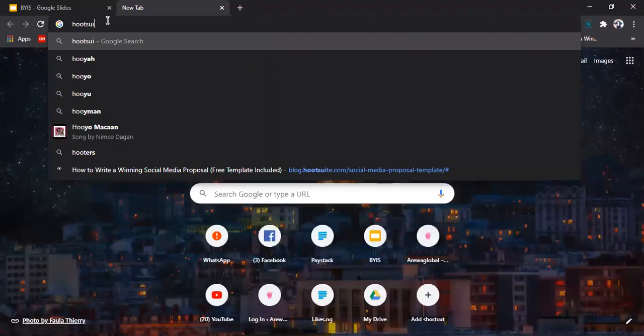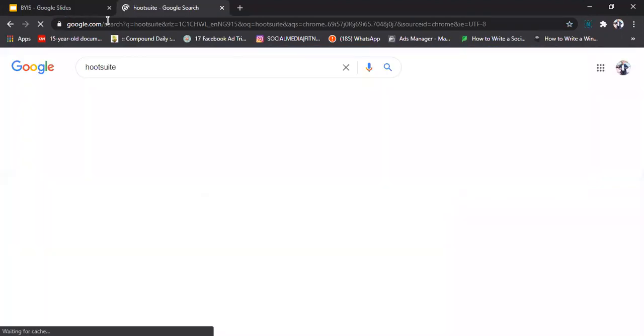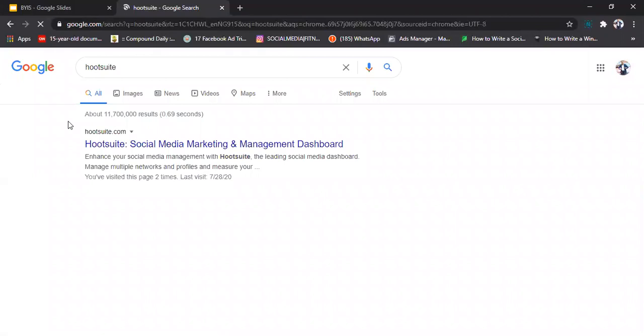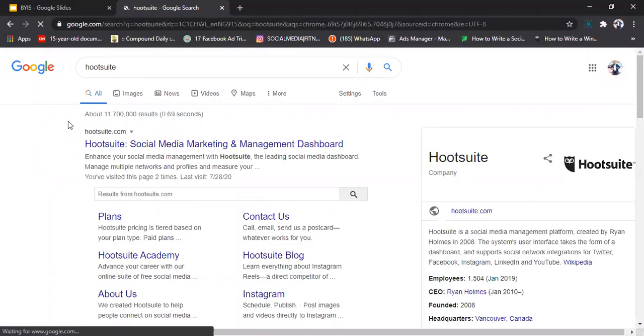Hootsuite. It's what I use. I use Hootsuite. I use Facebook Creator, but I found out that Facebook Creator normally delays. If you set Facebook Creator Studio to go up at 6 p.m., it's going to go up at 6:02. But Hootsuite is very straightforward and to the point. You can find your way around it.